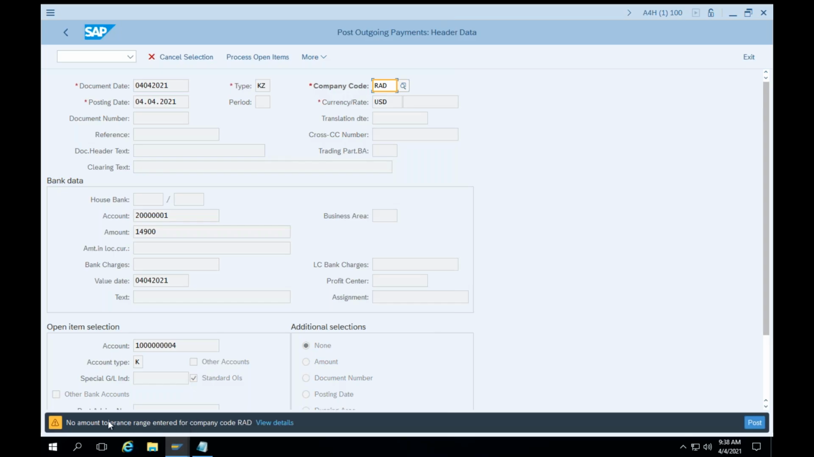This is the error you are getting. This is a warning, first of all: no amount tolerance range entered for company code RAD. And then no amount tolerance, the same warning message got converted to error. This is related to the earlier document tolerance that we discussed. So for that you go to SPRO,